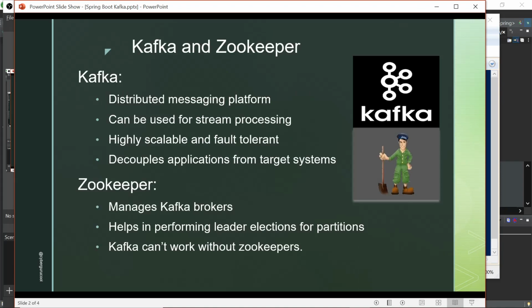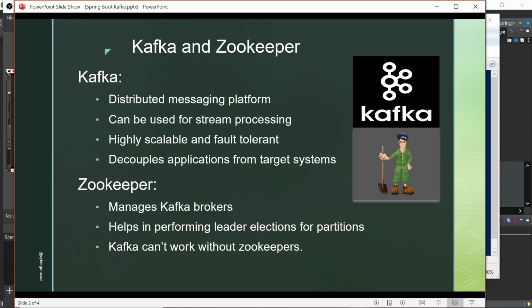Okay, so a few words about Kafka, as we know, is a distributed messaging platform, and it has lots of different use cases including decoupling systems and stream processing, and it is highly scalable, highly fault tolerant, and has a lot of different benefits. Okay, so it helps in keeping applications separate from each other and makes it much easier for extending the functionality by making sure that the number of applications that we have to integrate with in order to extend the functionality is limited.